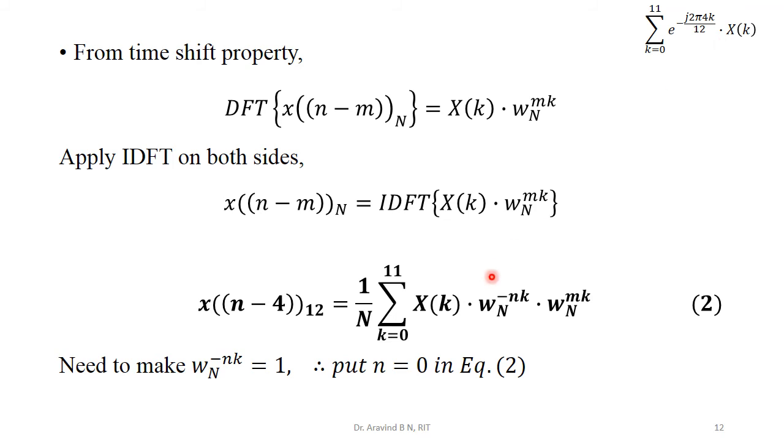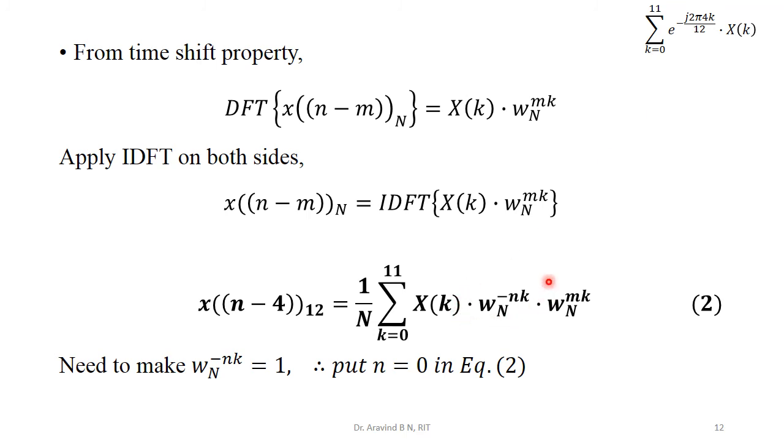X of k is there. Okay, we have got X of k, summation range 0 to 11. Yes, summation range 0 to 11. So two parts have now got matched. And if we make a comparison with respect to this Twiddle factor after conversion into the exponential, yes, m value is equal to 4, n value is equal to 12. Now this as well as this exponential are now comparable. Now which part is not present? So this Twiddle factor part is not available for us in the given expression.